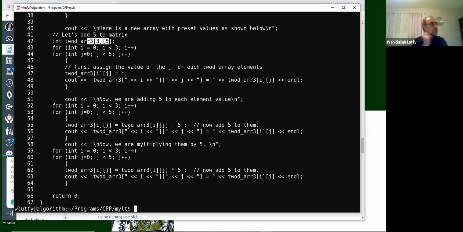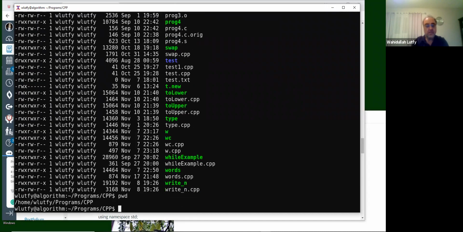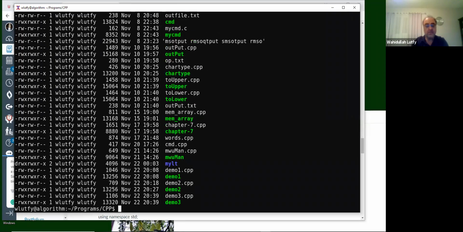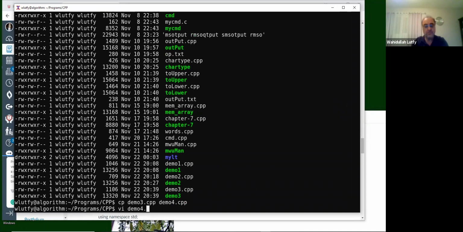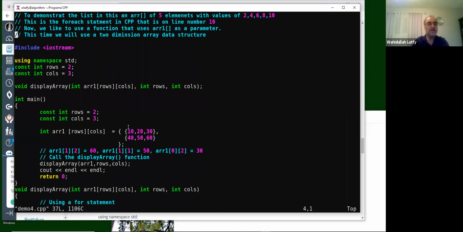On the 2-dimension and 3-dimension, I want to demo one more thing. Let me see, what was it for that 2-dimension? Yeah, if I want to just initialize the values by default, let's say the example of 2-dimension. So here we did those 2-dimension and with demo 3, I'm going to copy demo3.c++ and we call it demo4.c++, and let's just go to demo4.c++, and then we just add another comma and say